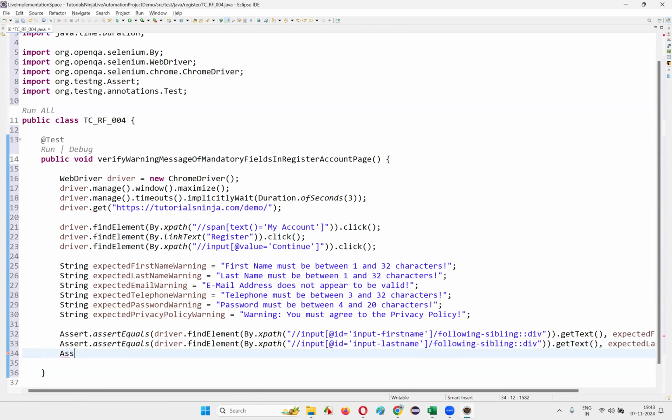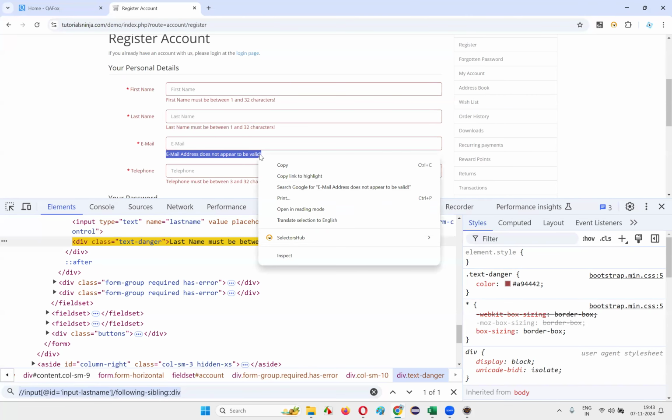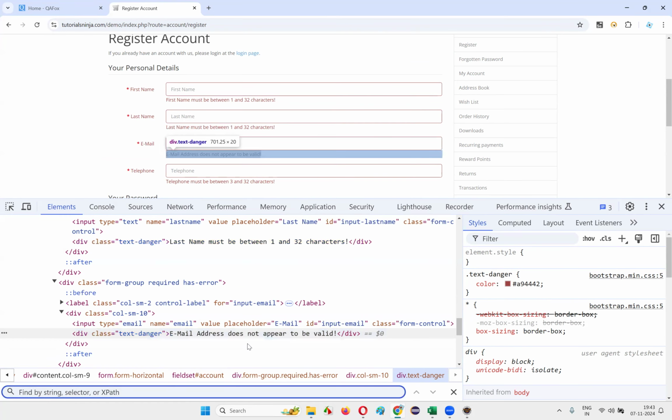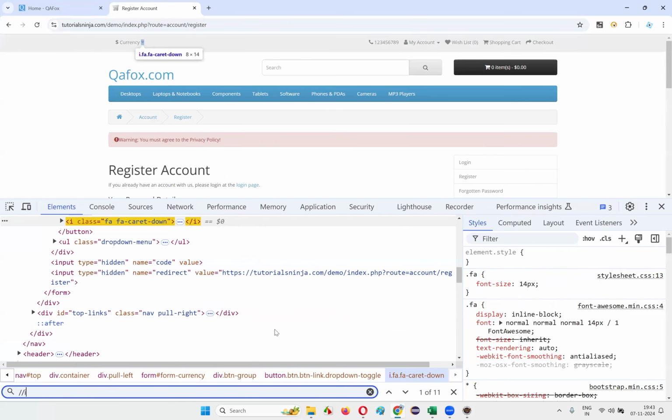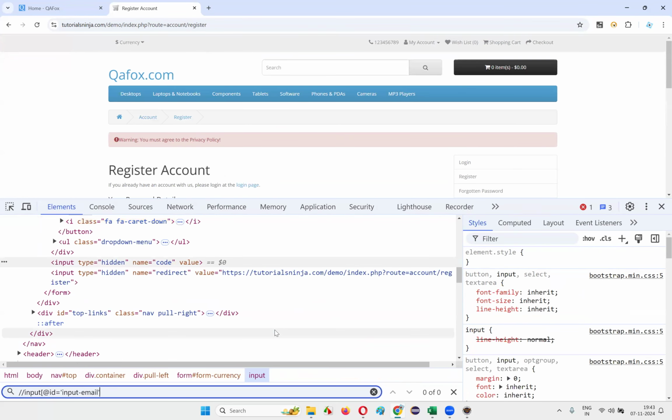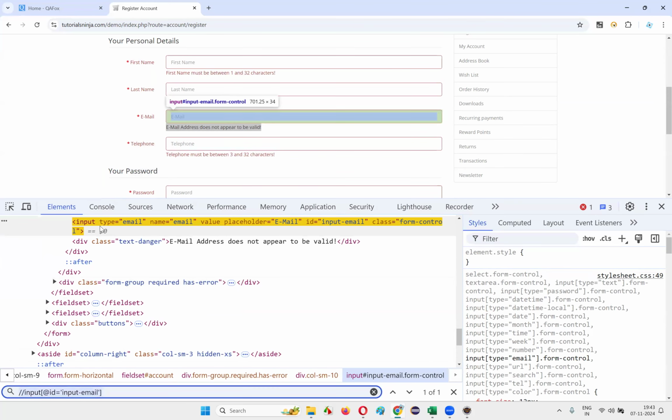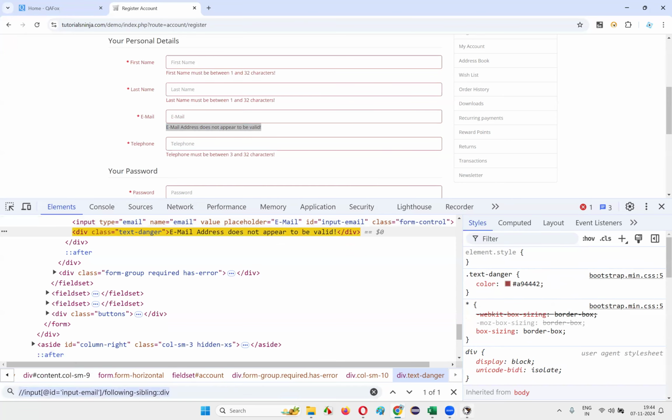Again, we have to say Assert.assertEquals from TestNG. In this, you copy the third warning message, that is the email warning, and go to the email field and inspect this email message and just close this part. Here, this is the one. Input email is there. Control F, double slash input at the rate ID is equal to input email. Okay, copy this input email and under this, slash following-sibling colon colon div. Okay, then copy this xpath expression, come back here and